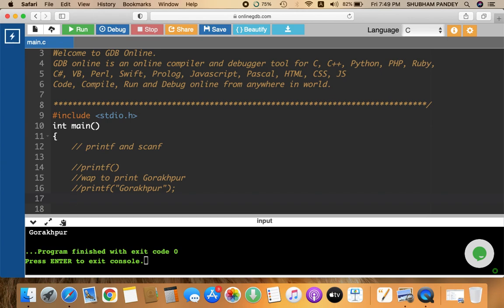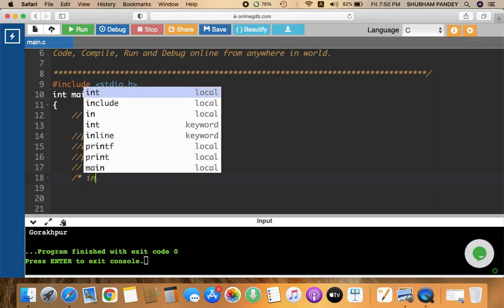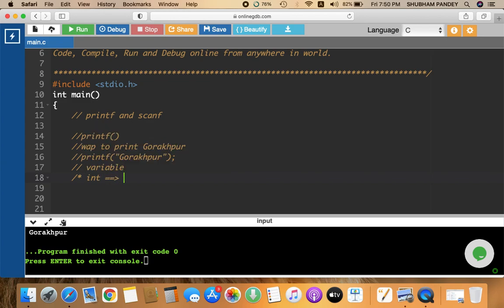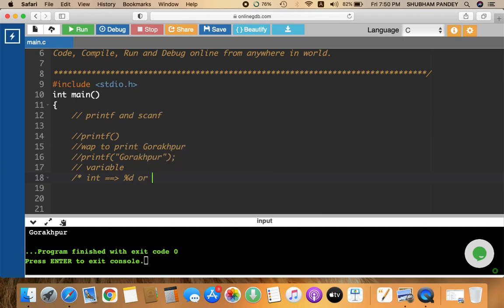Now we are going to print a variable in the printf function. Before moving towards printing a variable, let's understand some important concepts which are necessary. I am using a multi-line comment. If you want to print any int value, you are going to use the %d symbol or the %i symbol.